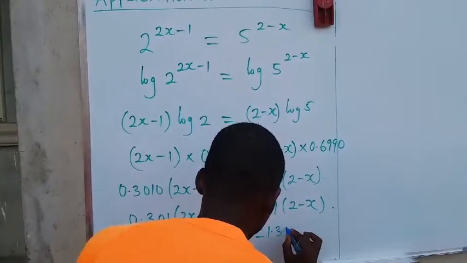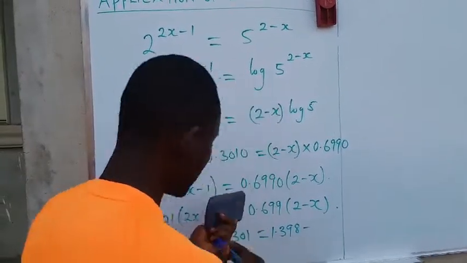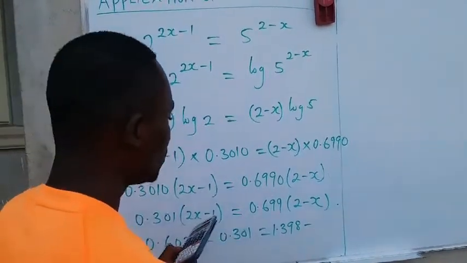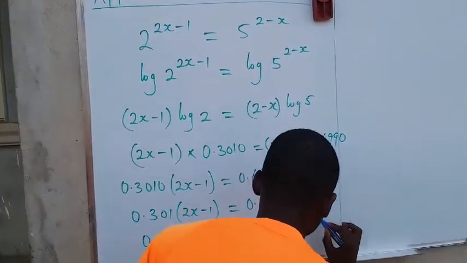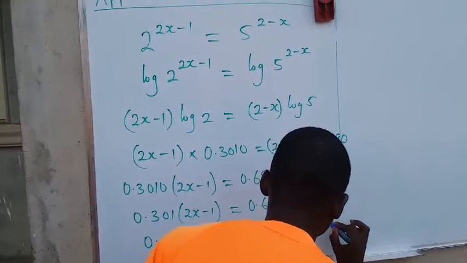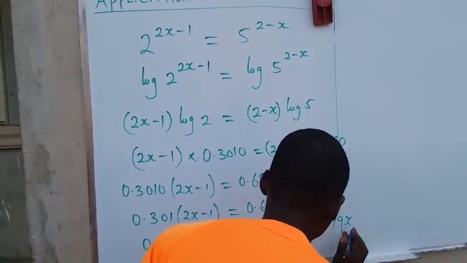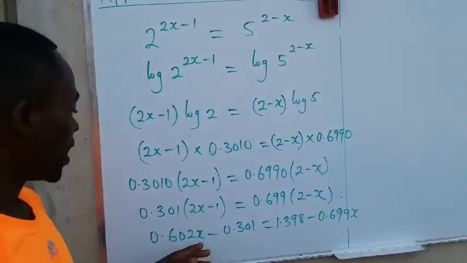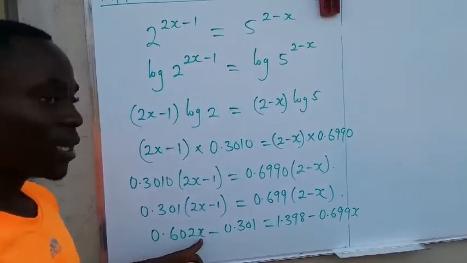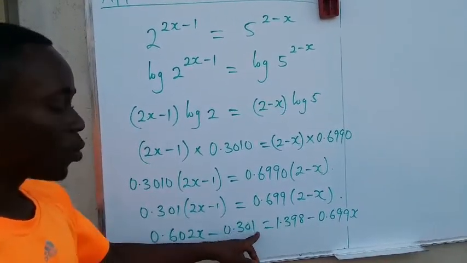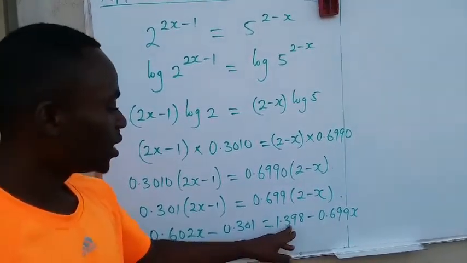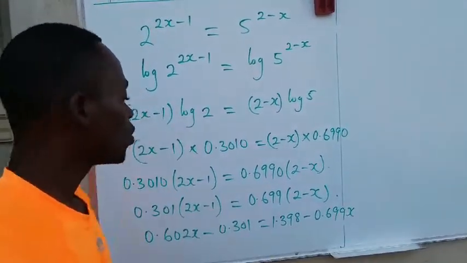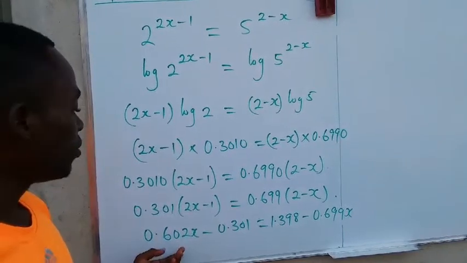That is 1.398 minus 0.699 multiplied by x is going to give us 0.699x. So by opening these brackets, we have 0.602x minus 0.301 to be equal to 1.398 minus 0.699x. So the next thing we are going to do here, we are going to make sure the like terms